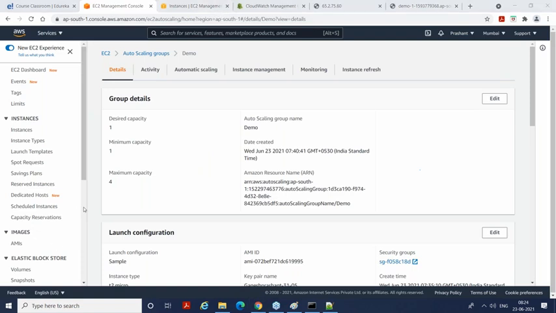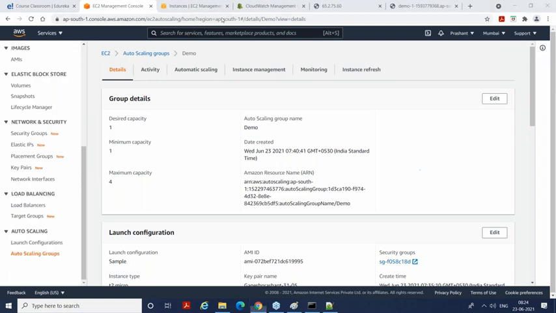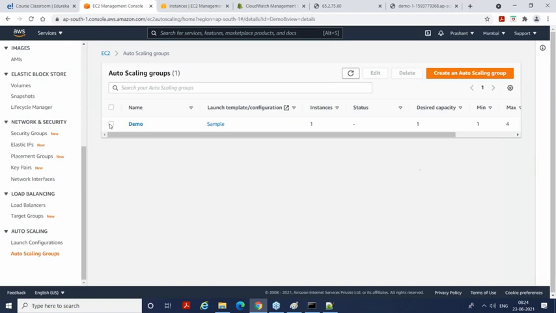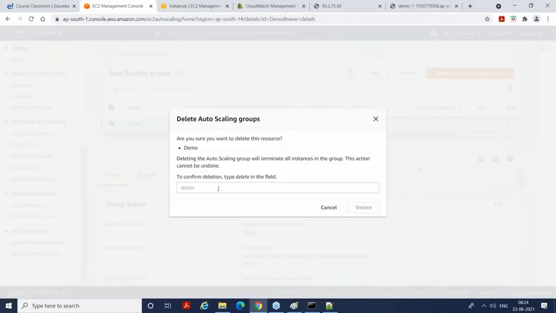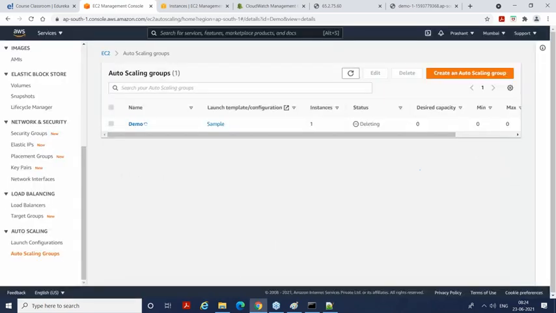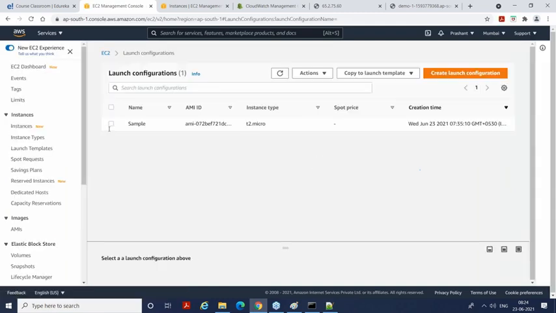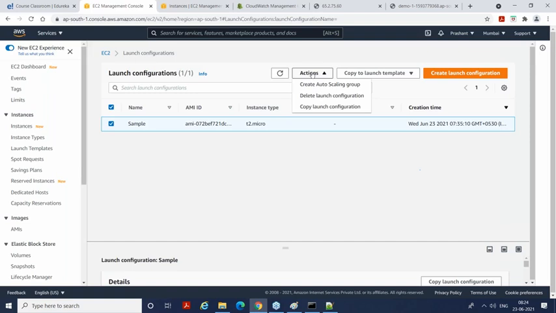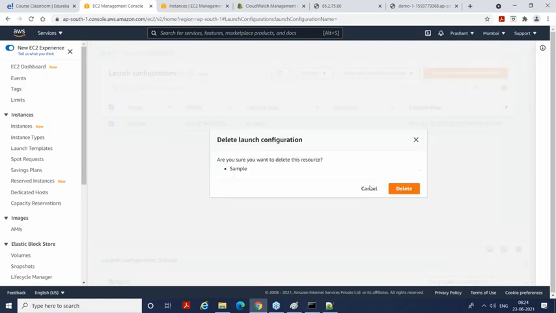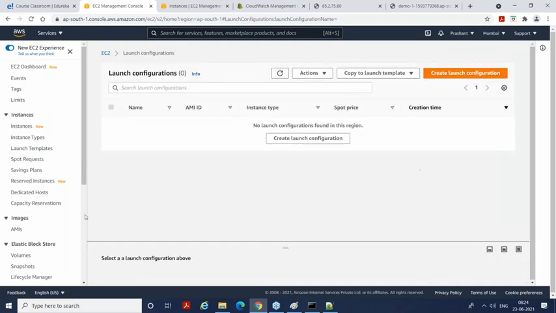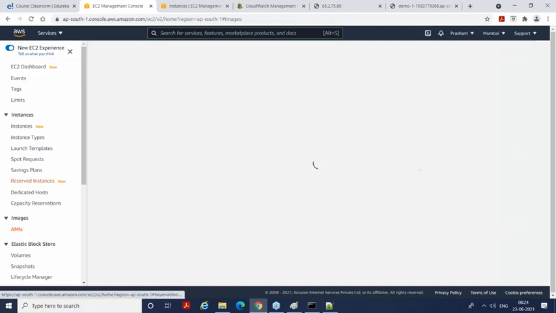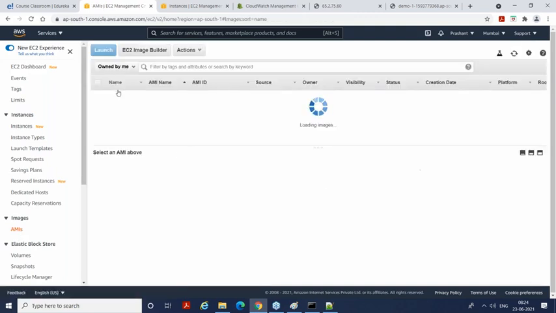Great. So that was about your auto scaling. So now let's move a bit forward. And let us understand, because with this we basically complete our module 5. I wanted to update you on that as well. With this, we complete our module 5. So now let us get started with our next module, which is your module 6. Now, as part of your module 6, we will talk about